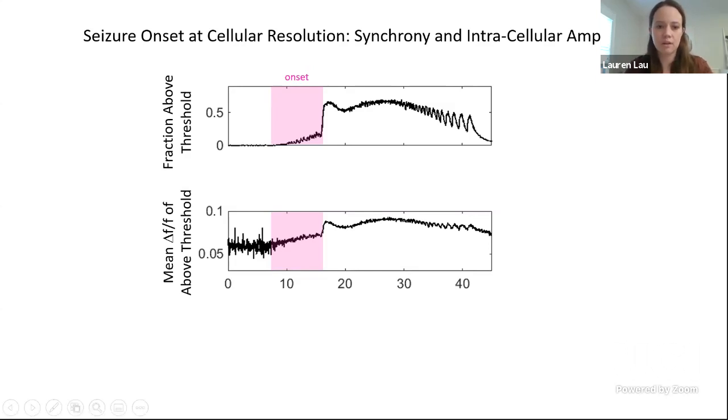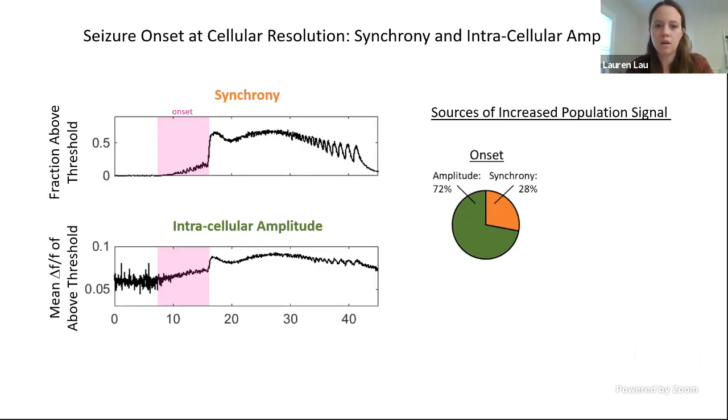And so by having the information for these individual neurons, we can really quantify the contributions of these two sources. So how much of the mean population rise is due to synchronous activation, how much of it is due to these changes in intracellular amplitude. And here I've quantified that across all of our recorded, in this case, low amplitude fast seizures. And you can see that during the onset phase, about 28% of this signal is due to synchrony, and actually a really large portion of the population level changes is due to the rise in intracellular amplitude